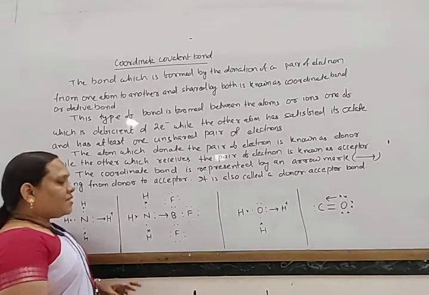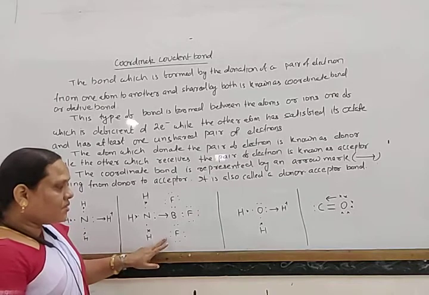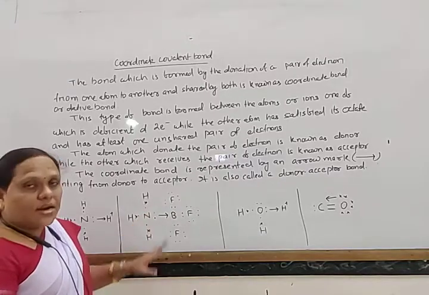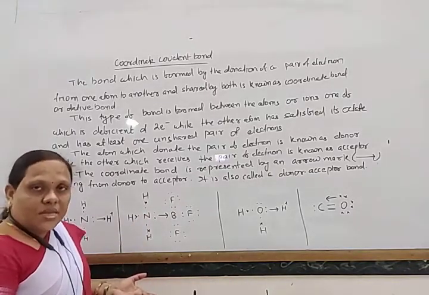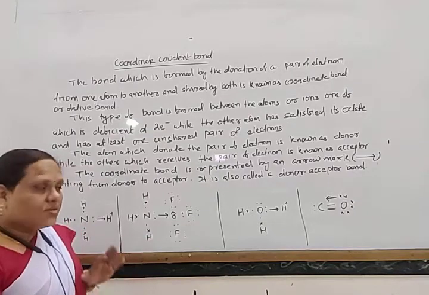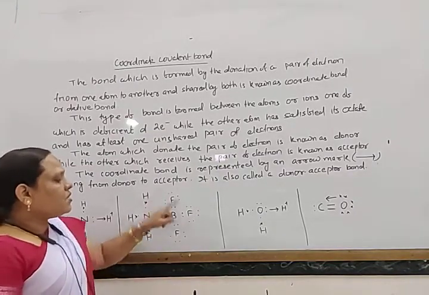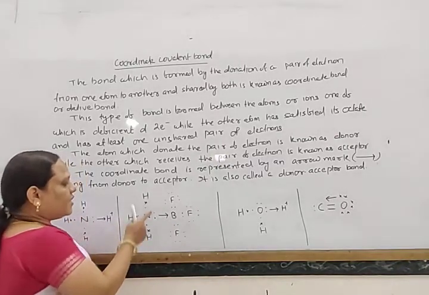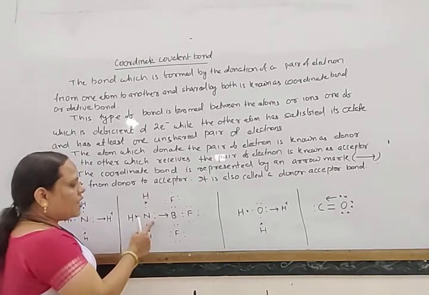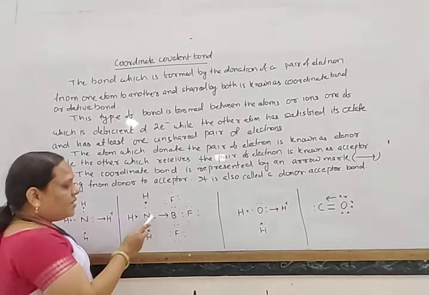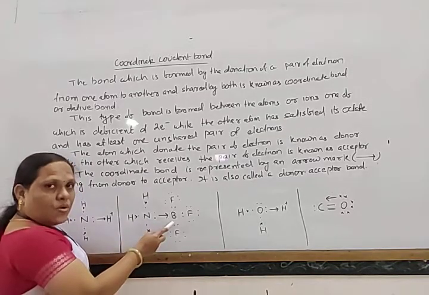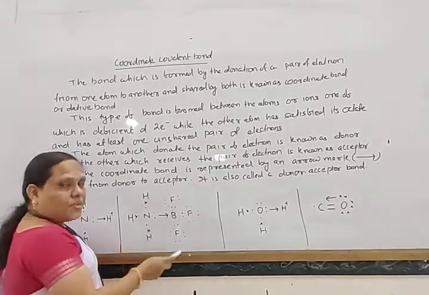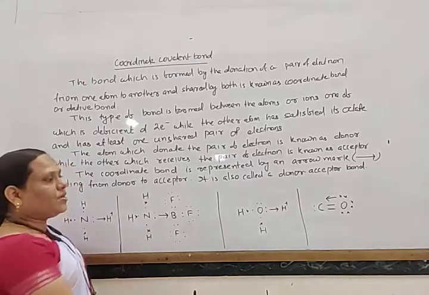Similarly, last class we also discussed that there are some exceptions in the formation of molecules, where the central atom does not satisfy the octet. BF3 is one of them. BeCl2, AlCl3, all these are similar types of molecules. In BF3, the boron atom is surrounded by 6 electrons. But nitrogen in ammonia has 8 electrons, with 1 unshared pair. So it donates the pair of electrons to boron. So there is a formation of a coordinate bond between the ammonia and BF3 molecule.